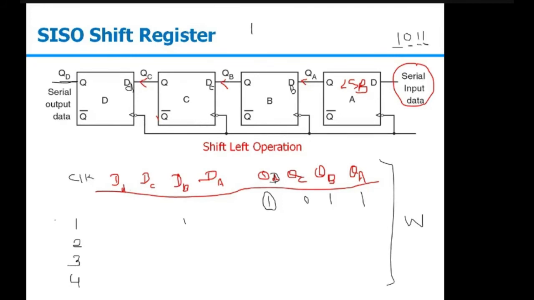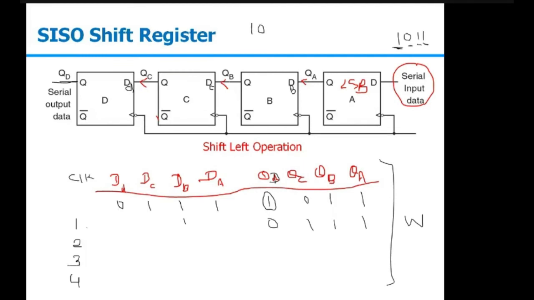And when the first clock comes, what is the data we have? Here we are having now 0, 1, 1. And DA will be some other data, so let the same input be applied, so let DA be 1. The next 1 is applied. So when the first clock comes, what will happen? This will become 0, this will be 1, 1 and 1. So now we can read 0 from QD with the occurrence of the first clock.